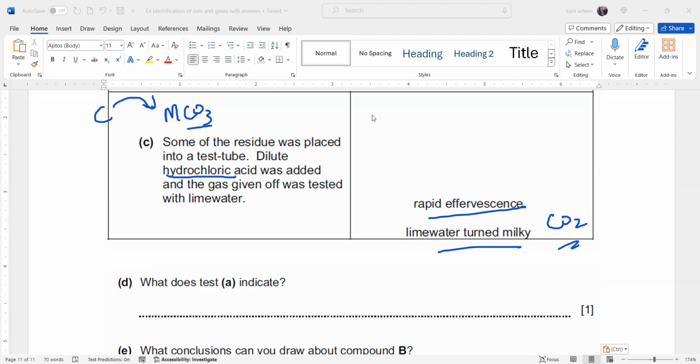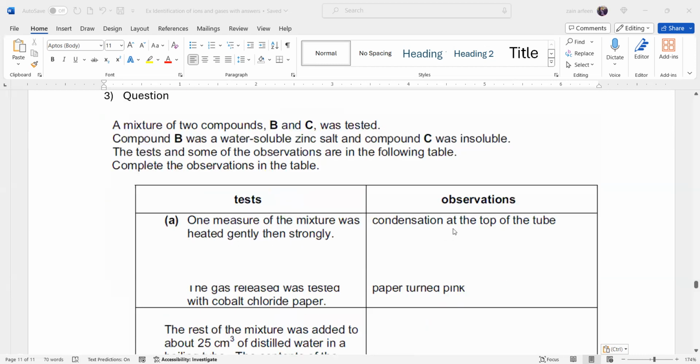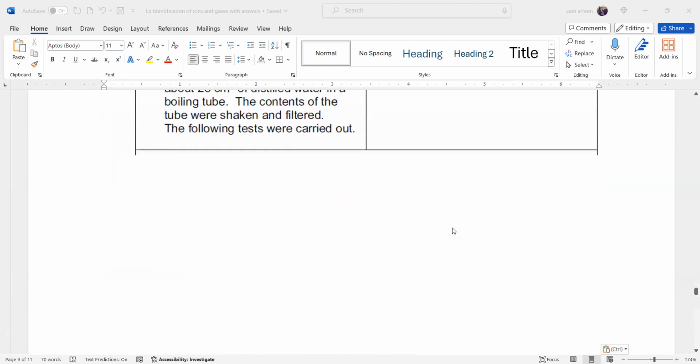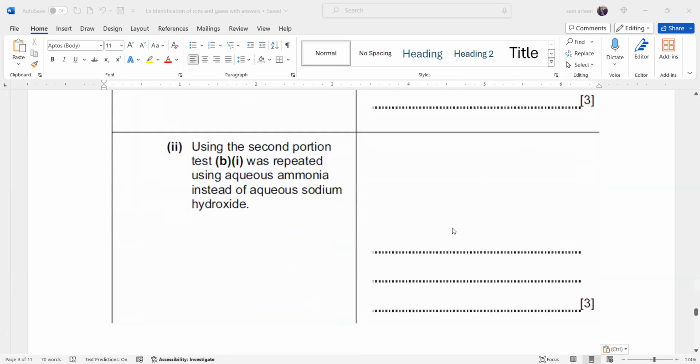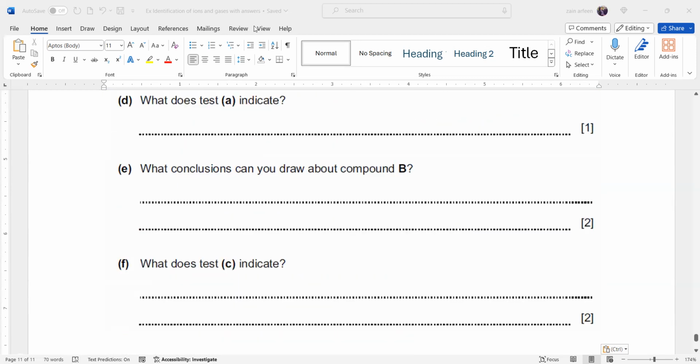What does test A indicate? So what does the first test A indicate? It is a hydrated salt or contains water of crystallization. What conclusion do you draw about compound B? So compound B is hydrated